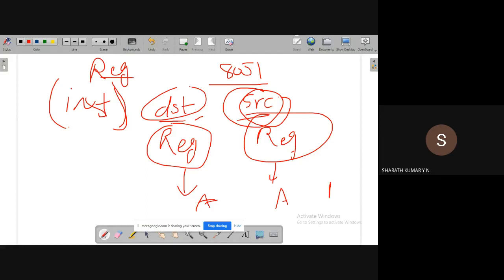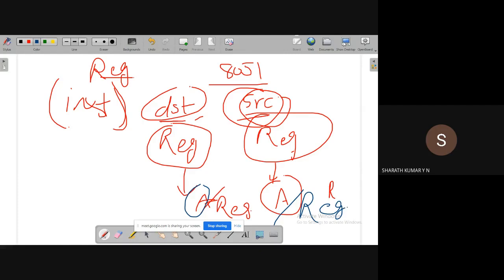Other can be any register. If the source is the accumulator, the destination can be a register, and if the destination is the accumulator, then the source can be a register.